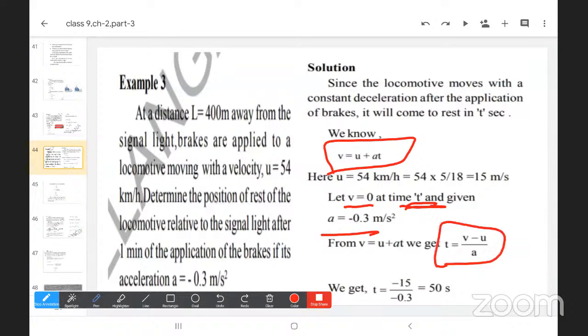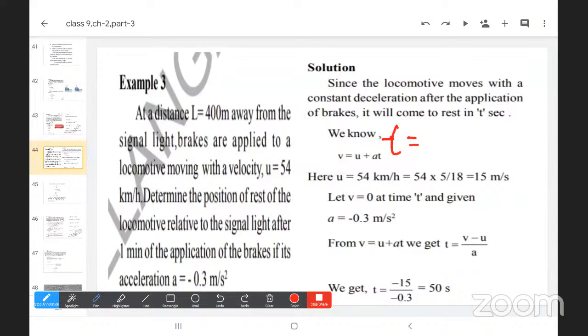Right? So here, substitute the values in this equation. t equals (v minus u) by a. We have v is 0 and u is 15, a is minus 0.3, right? So when we do this calculation, we'll get 50 seconds,